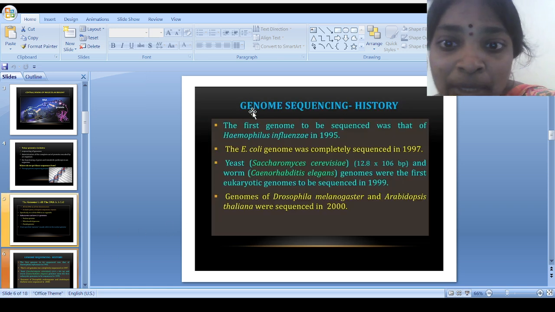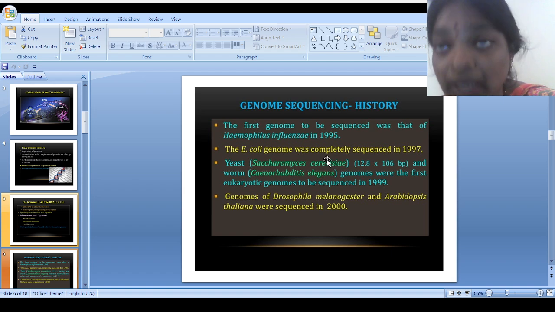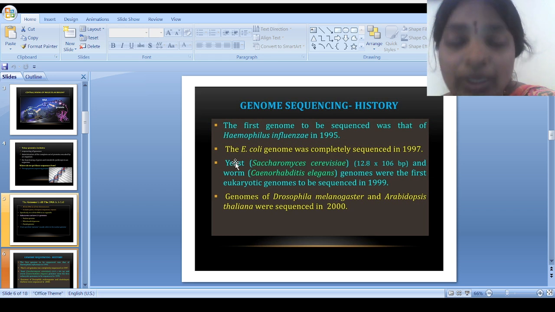Next, genomic sequencing history. When you talk about what was first sequenced, the first genome to be sequenced was Haemophilus influenzae, in the year 1995. Then later on, the Escherichia coli genome was completely sequenced in 1997. The bacterial DNA, E. coli, is a good example of bacterial DNA. Next, I have also given one example like yeast, Saccharomyces cerevisiae, which is eukaryotic. They have base pairs of 12.8 times 10 to the power of 6,